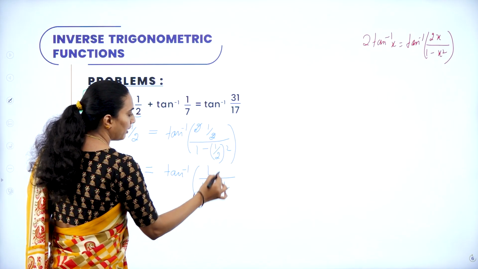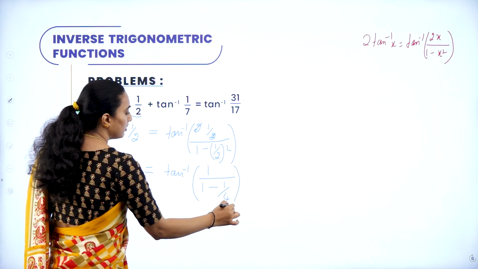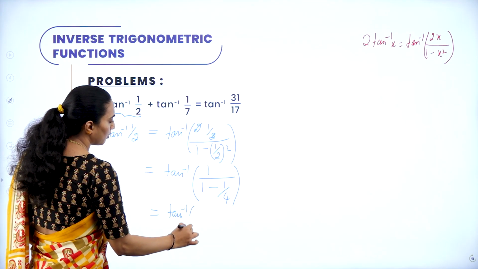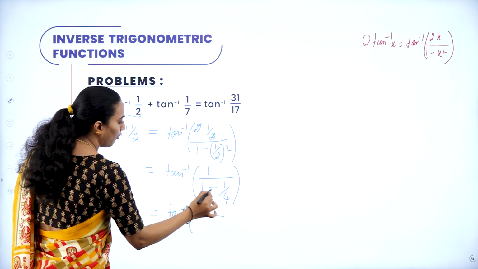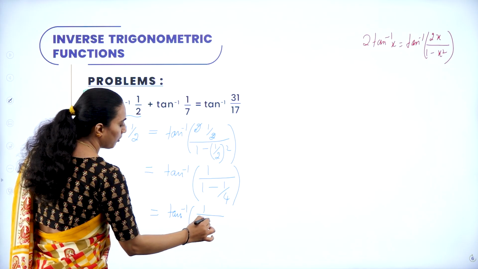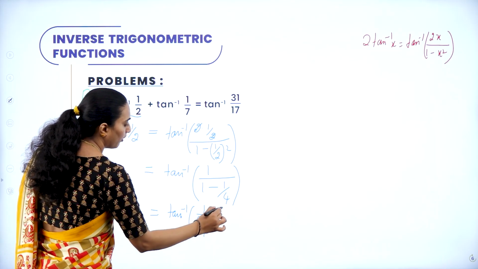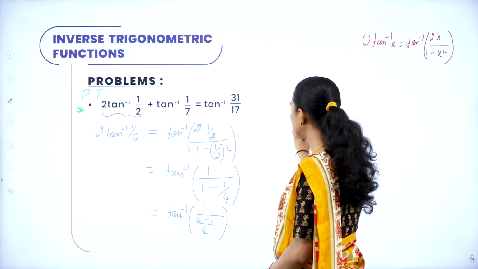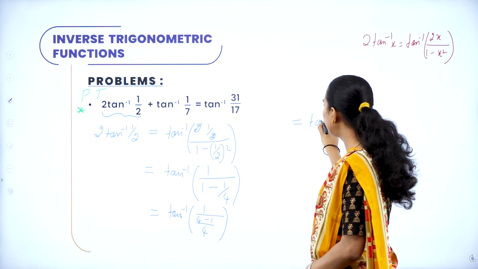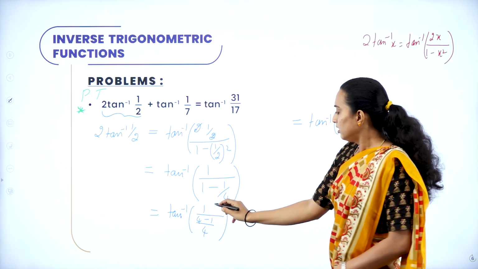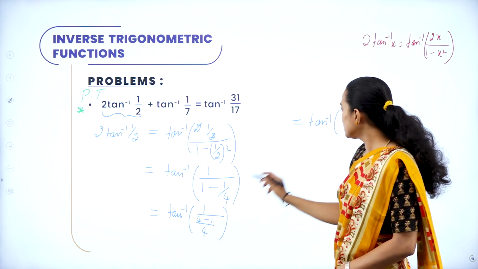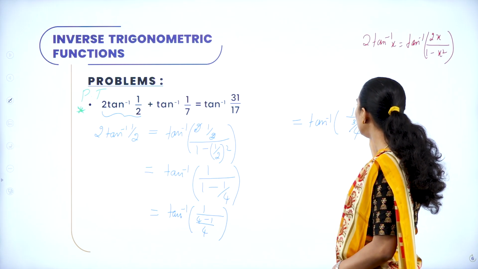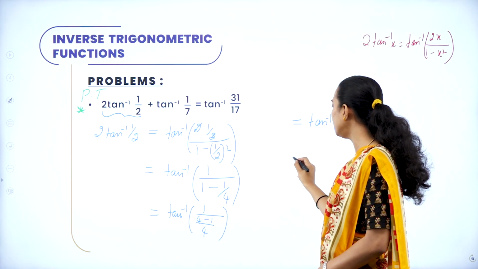1 squared is 1, divided by 2 squared is 4, correct? So therefore, this is equal to tan inverse of, what is that? 1 divided by 4, into 1 is, LCM is 4, 4 minus 1 divided by 4, correct? So therefore, which can be written as, which will be equal to, what is that? Tan inverse of 1 divided by 4 minus 1 is 3 divided by 4. Now this 4 will go to the numerator. So what you are going to have is